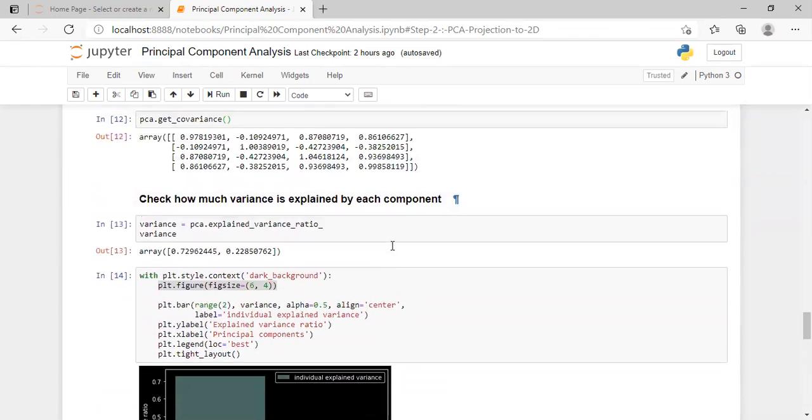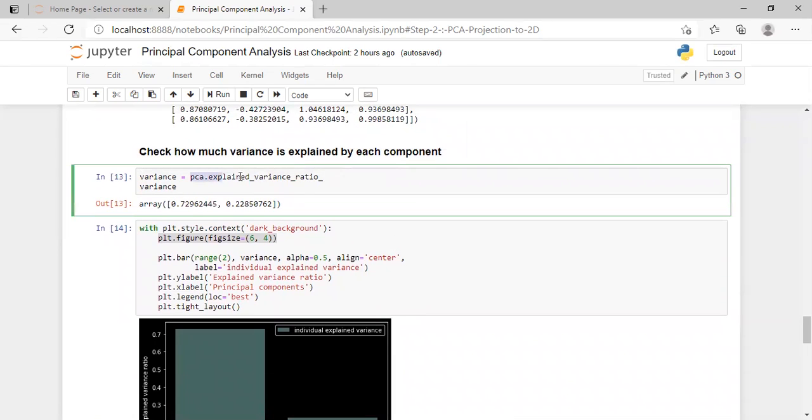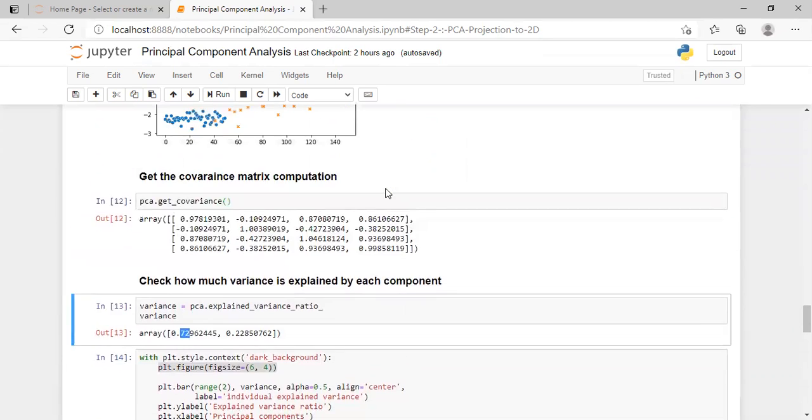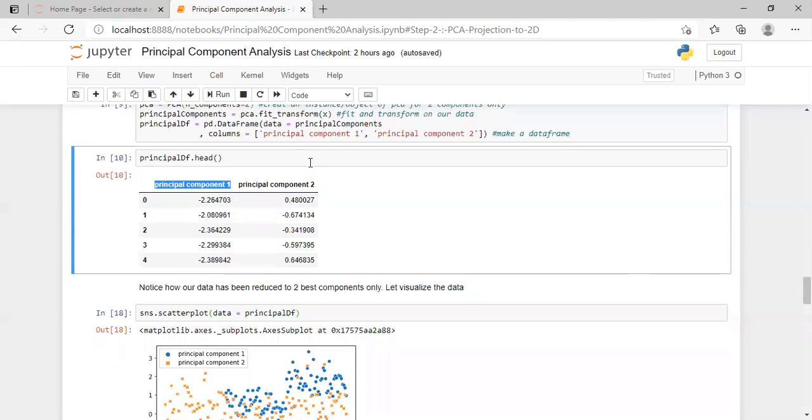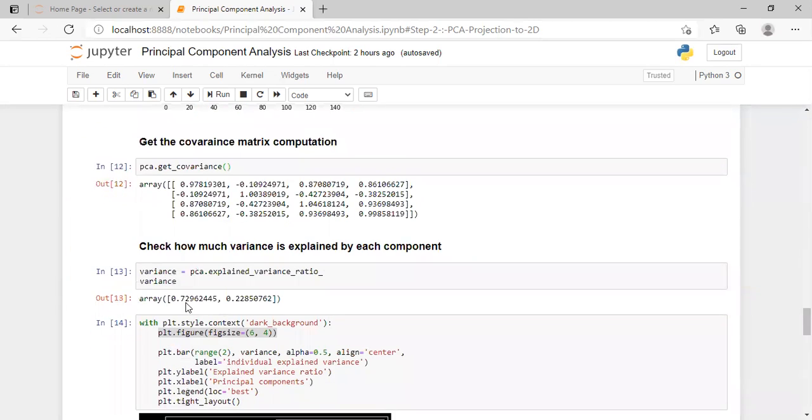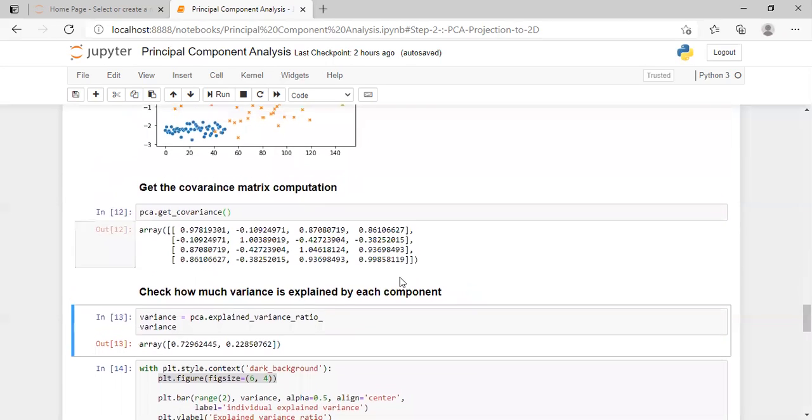So what does pca.explained_variance_ratio_ mean? Explained variance ratio means that, as you can see, it is returning me the variance. So I am getting around 73% of the information from principal component 1. This component is giving me around 73% of the information of all of our data.